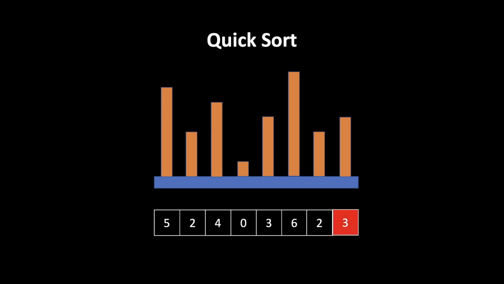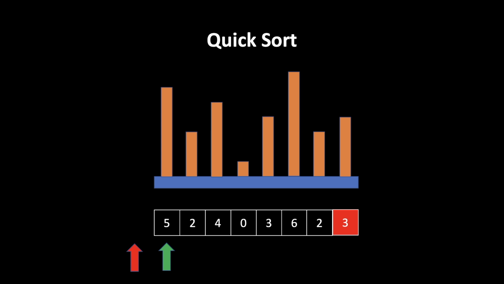We will take 3 as the pivot element and now we will partition the array. And how we are going to partition, we will see now. Just focus. We have two arrows. One is red and one is green. Green is for traversing the array and the red signifies that the elements which are behind the red arrow are all at their correct position. The correct position here means they are all less than the pivot.